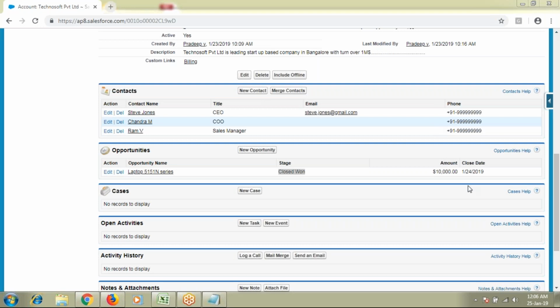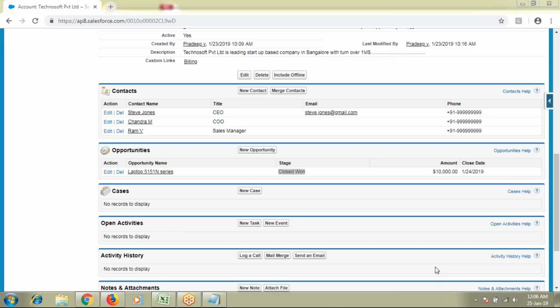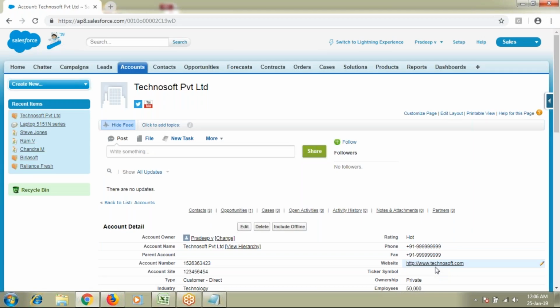I have a few questions. The first one is, you are opening the accounts tab and all with some shortcut to a new tab, right? To a new window. How are you doing that? I'm just doing shortcuts from my keyboard. I'm just pressing the control key on my keyboard and clicking on the particular tab. It will open up in a new tab. Or else on your mouse you'll have a wheel, a scroll bar, something of that kind. If you click on that from your mouse, it will also open up in a new tab.